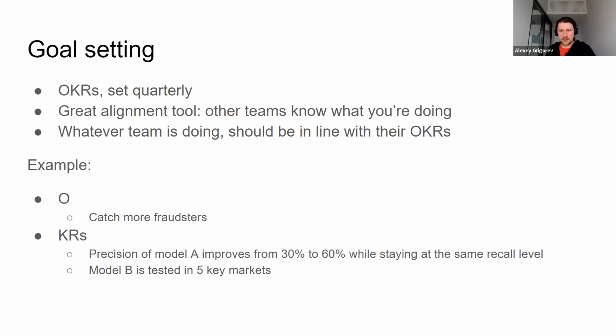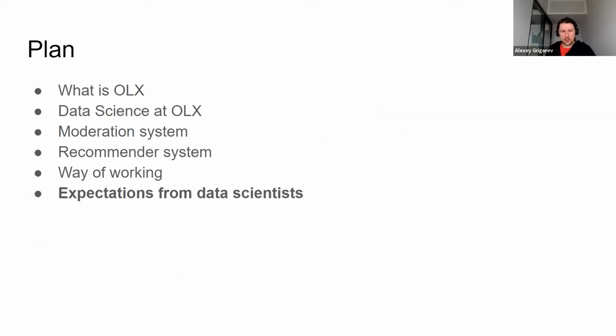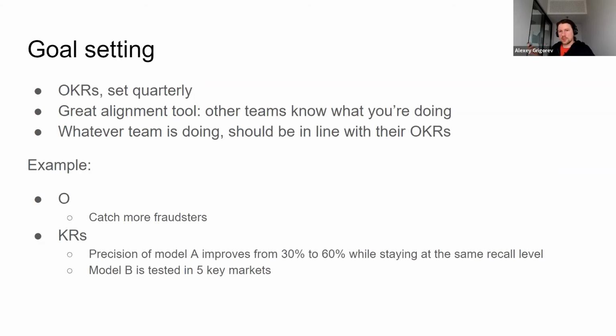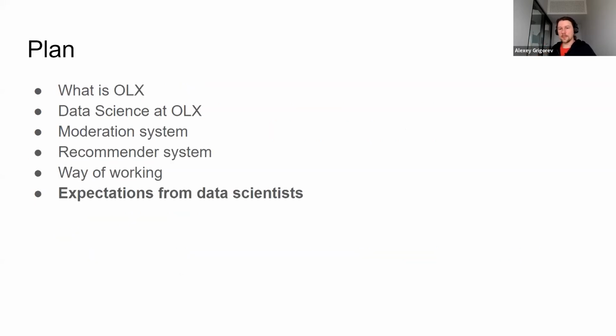And these goals are typically visible. So every team knows what the other team is working on. And if there are some areas where we can collaborate, work together, we try to come up with OKRs that we call shared OKRs. And yeah, this is how we work together. We work in cross-functional teams, and we use OKRs as a way of aligning and setting goals.